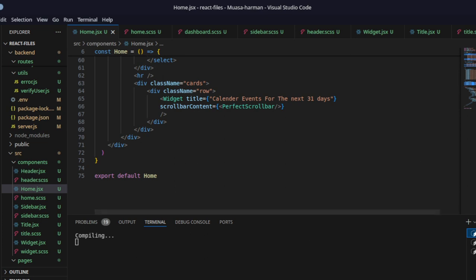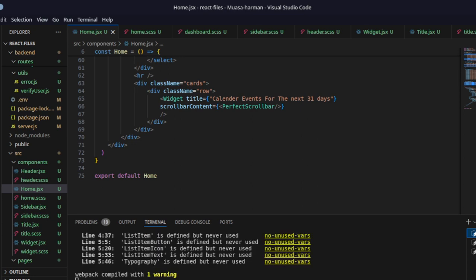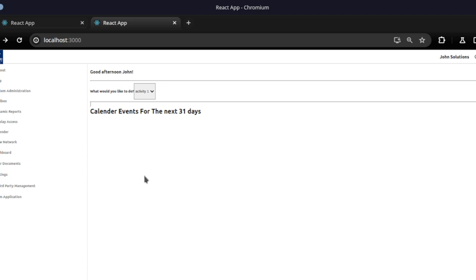So this is the widget that we need, and calendar event for the next 31 days. Okay, seems like something is good, but now